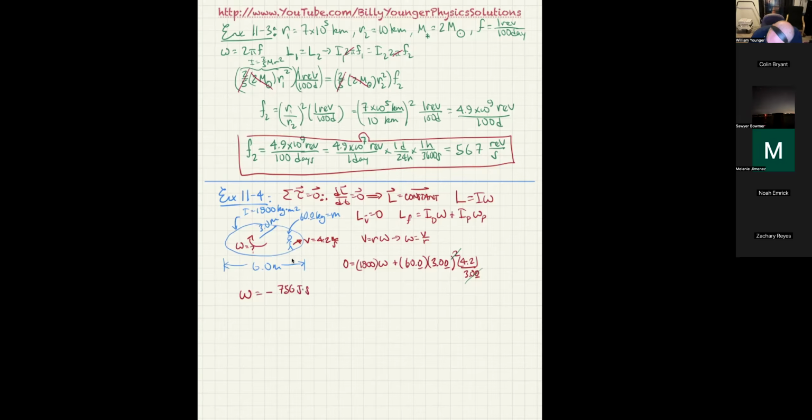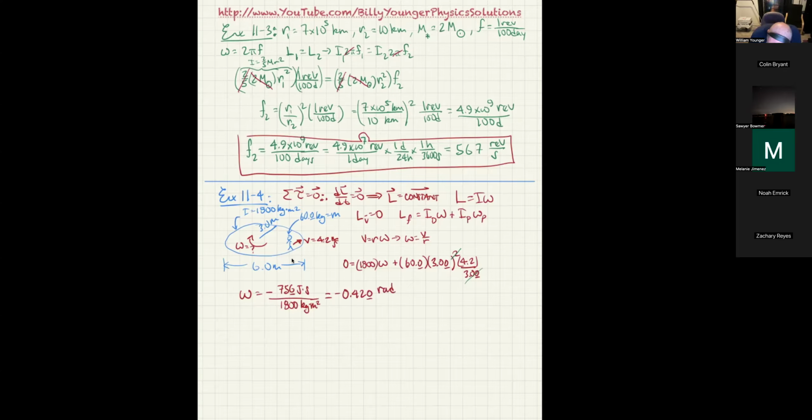And that's one extra digit other than a sig fig, by the way. And now I have to divide that by 1800. I'm going to put the units back in, kilograms meters squared right there. So you can see that it literally comes out in radians per second and specifically negative. So now I'm going to take 756 and divide it by 1800, and that gives me negative